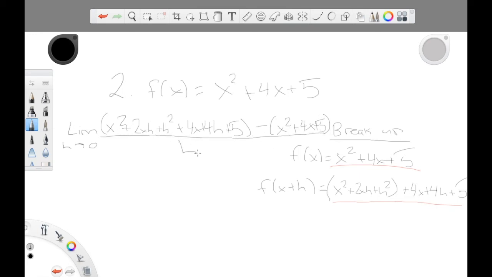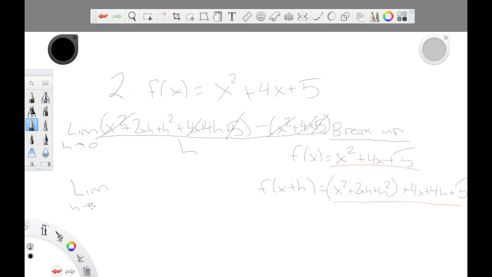This can get a bit lengthy as you move into the higher degree polynomials, but typically it simplifies down a lot. You can see the x squared crosses out, a 4x crosses out, and a 5 crosses out. Normally the whole f of x will simplify down,